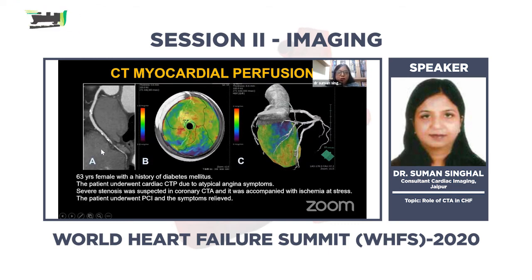In this patient, a 63-year-old female with unstable diabetes mellitus and atypical angina, when the CTP was done on the CT coronary angiography images, a suspected stenosis was there in the distal RCA. And when the perfusion images were taken, like these beautiful colored images, which are done with dynamic CTP, there was this reversible defect. There was a defect at stress. And this patient underwent PCI later. So myocardial perfusion, when it is done, is coming in a big way in CT, and it helps us give the functional abnormality as well as anatomical in one go.